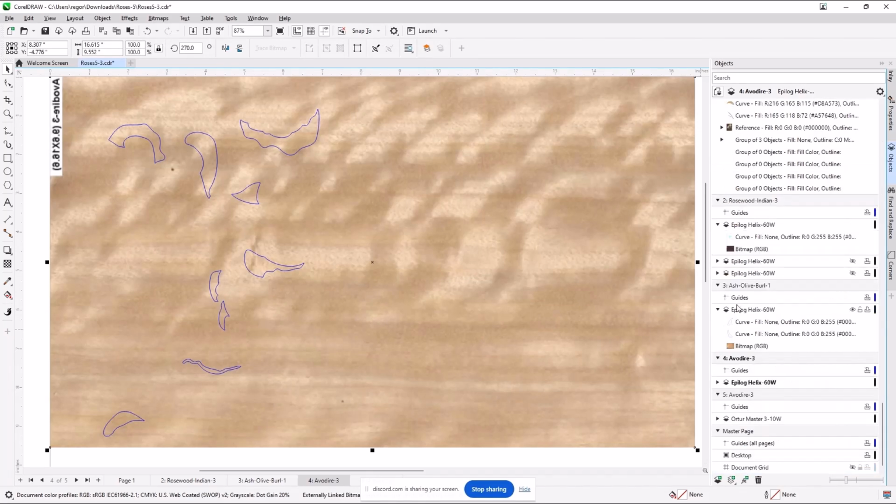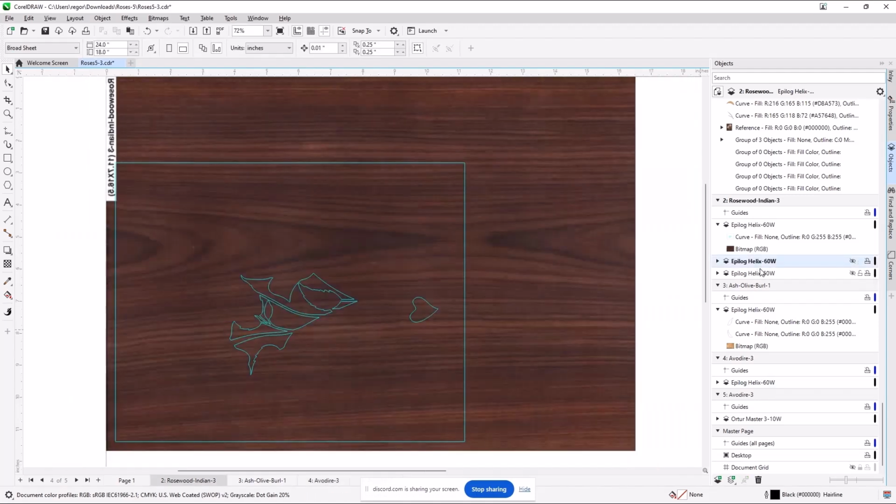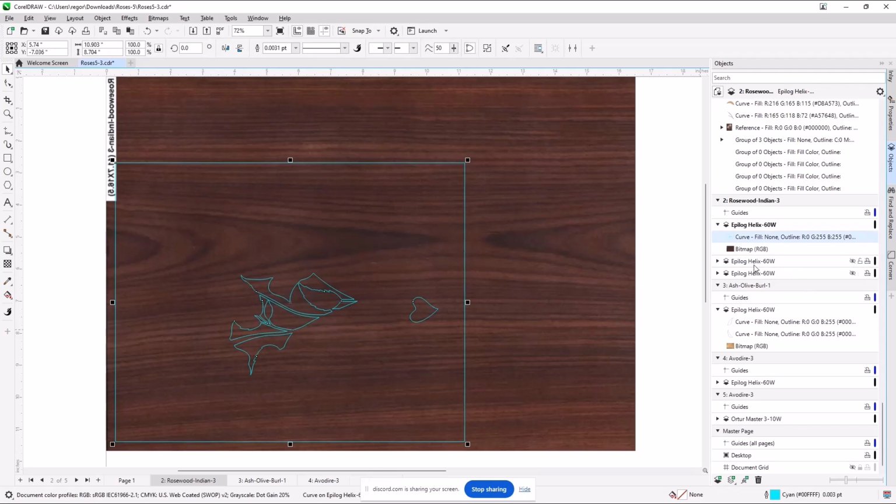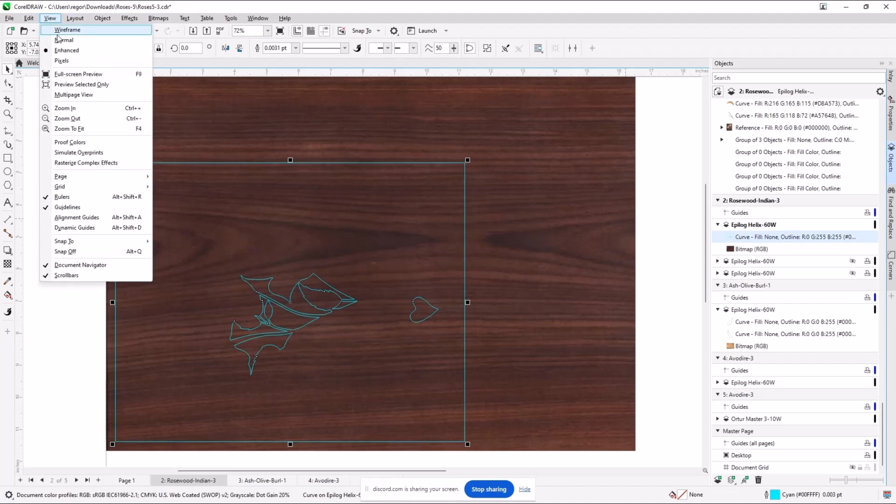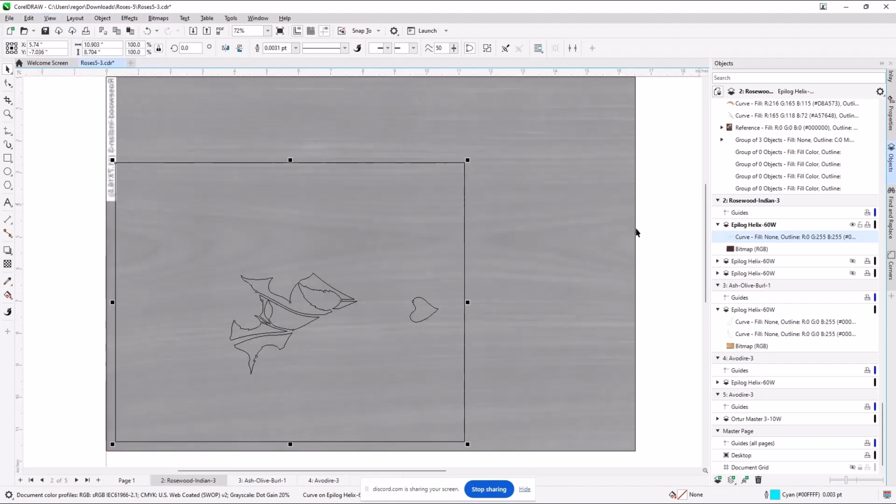If I shrink that down, what you'll find is that if I have done more than one cut path, like I did on this one, hidden are the previous cut paths. So occasionally you can learn from one of these other paths what you've done that's different. It just keeps a background here. These don't cut, these are not visible. But if for some reason you needed to reference this one against that one, they're available and you can make them visible. This is one where you must definitely use the wireframe to be able to see the differences.